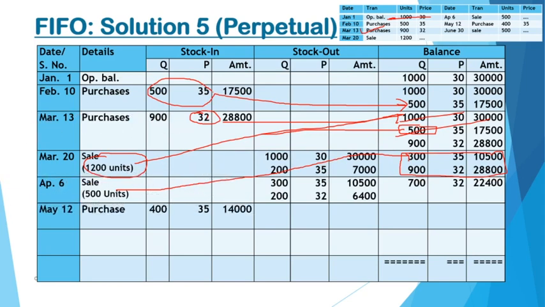Next transaction is purchase of 400 units at the rate of 35. Now this is the next lot. For purchases there is no problem because every purchase will come as a next lot. So purchases will just be ordered in the balancing. You have the 700 units lot, and the next lot purchase will come as it is. While recording purchases there is no problem, they will just follow the lot. Every new purchase will come as the next lot, isn't it?